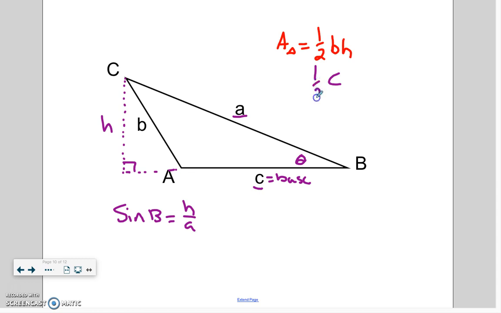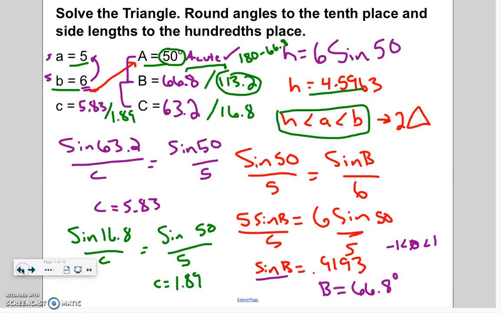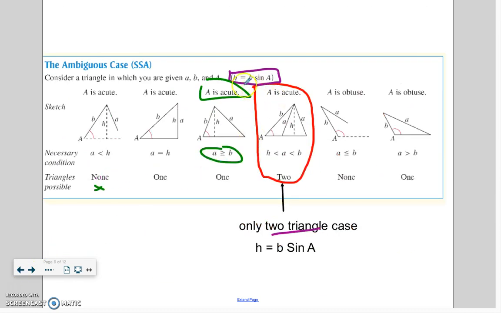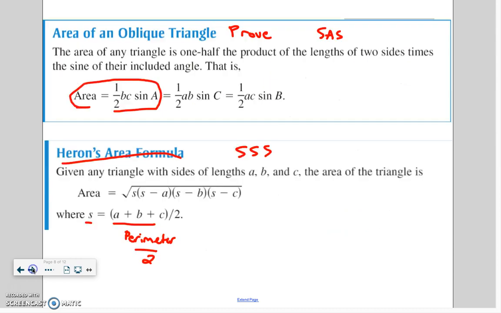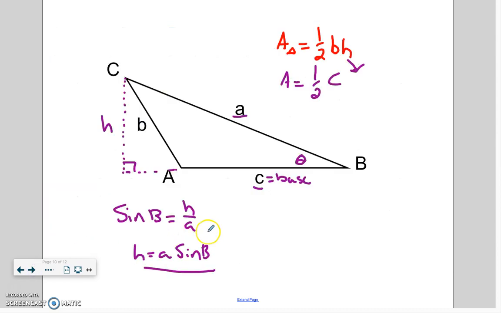Well, we already have 1/2. And now we're going to replace H with the solving part here, where H is equal to A sine of B. And if you look back, this is a relationship to the ambiguous case, in that A is the side that's given that's not across from the angle, and sine of B is the given angle. So that builds right back into the formula that we found back here when looking for the height, B sine of A. When you're calculating the height on these two questions, you're really calculating how tall the triangle is,